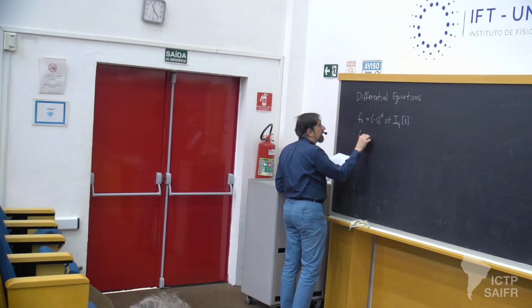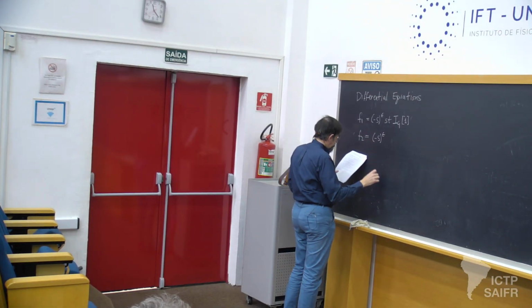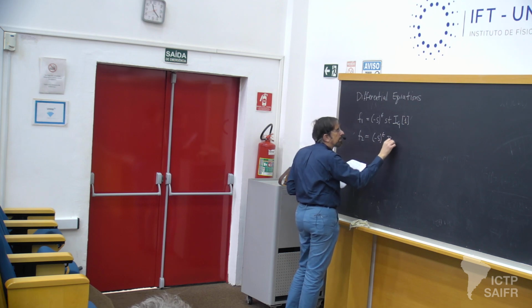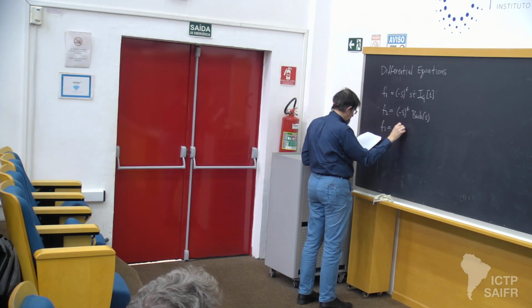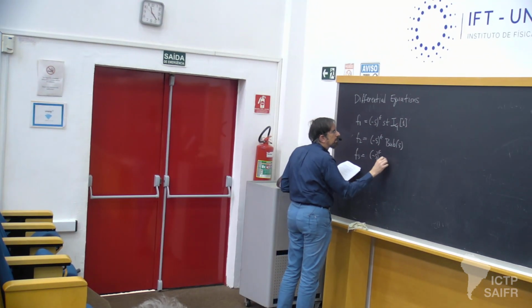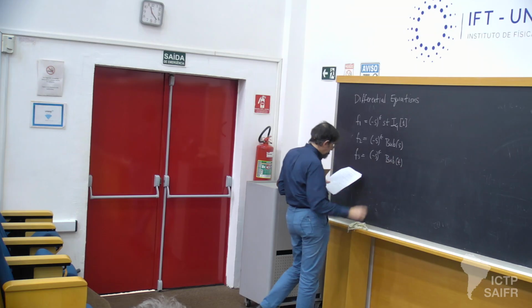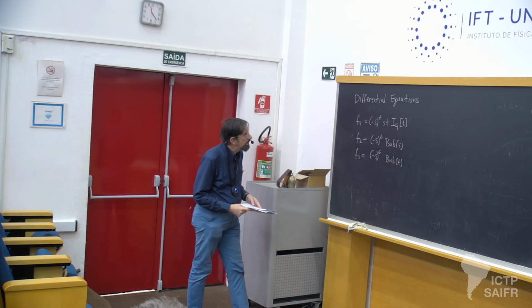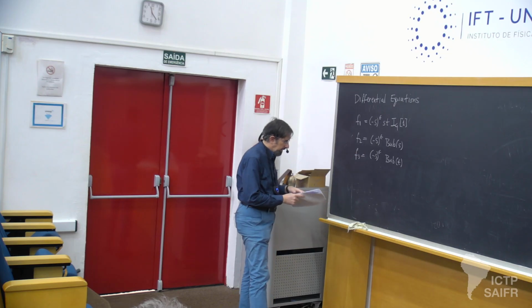And similarly, F2 will take multiplying the S-channel bubble, and F3 will do this for the T-channel bubble. So these are now dimensionless objects,